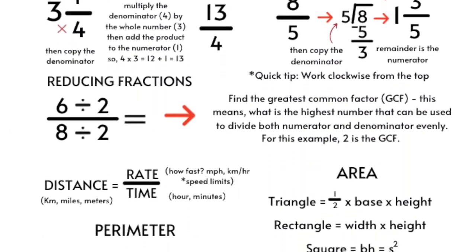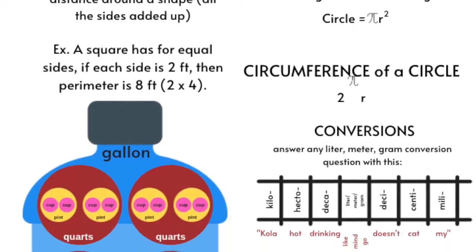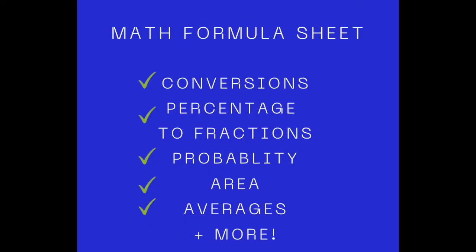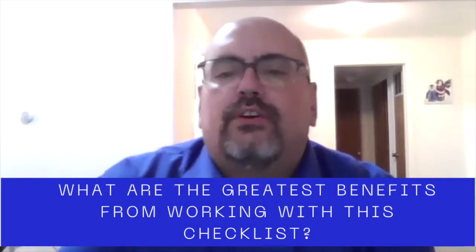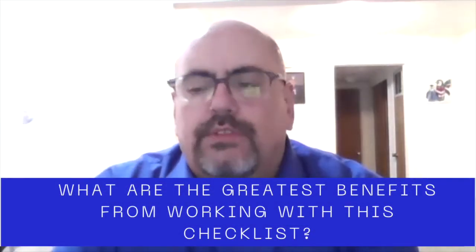I do have a formula sheet in there, so you can check to see if you know your conversions from gallons to pints to quarts and all that sort of thing. You can also use it for general formulas like area of a circle, how to find the average, probability, percents to decimals to fractions. Conversions are huge on the ASVAB. So percents to decimals to fractions, even though it takes up a small part of the checklist, it's really, really important that you get that part nailed down because that's going to be one of the main things they check.